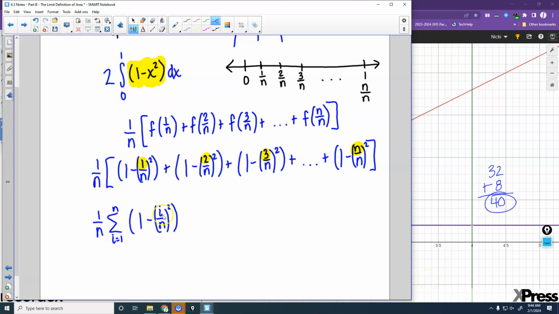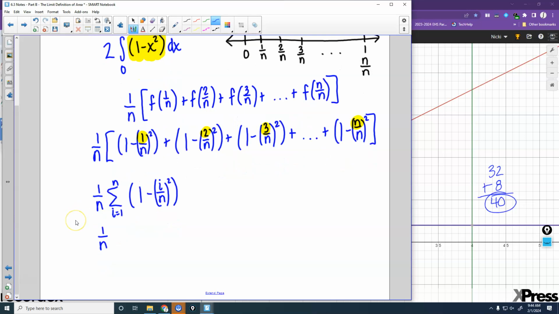Okay. So let's work on this a little bit. Your steps: you're trying to do your sum, write it in summation notation. When you get in summation notation, you need shortcuts because you can't do a limit while you still have summation notation. So for this, it's going to be the sum from 1 to n of 1 minus i squared over n squared,